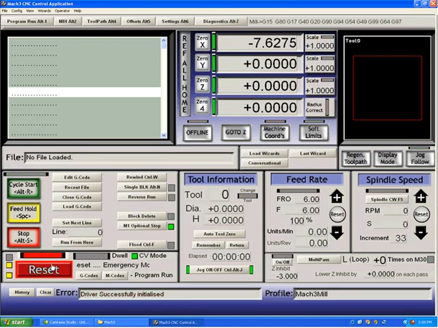We're going to take a look at configuring the Mach3 system now. You've just started up your program. It probably looks exactly like this screen with the reset button flashing, telling you that you have not reset the system. One of the first things that